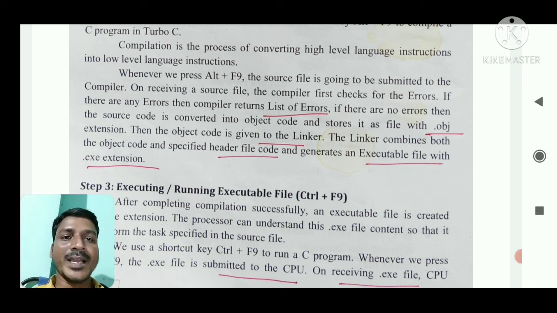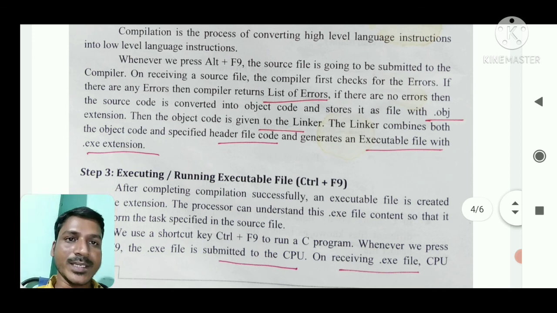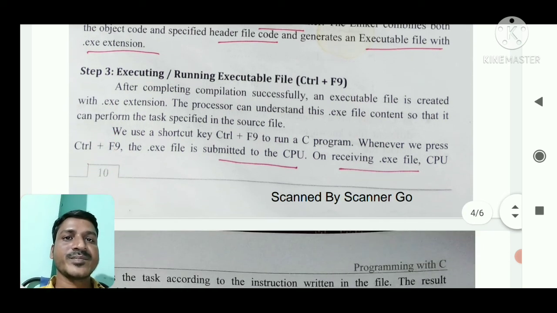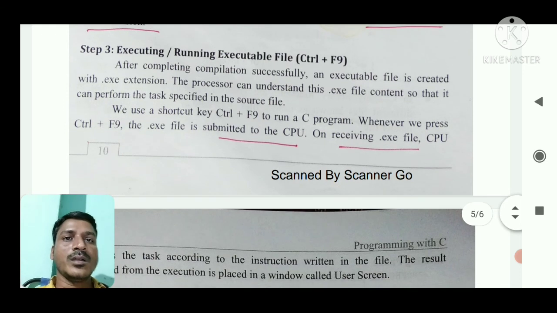The executable file extension is .exe. Okay, so this is the second step. Next, the third step is executing or running the executable file